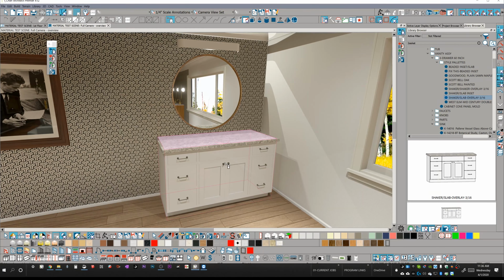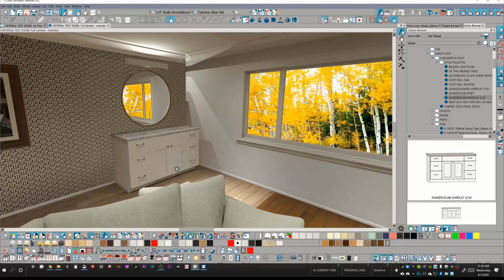These are particularly useful for creating vanities on the fly, really quick vanities, these 3-drawer vanities. You can build these out for multiple different purposes, but other than that,